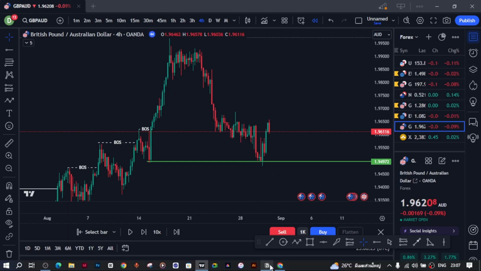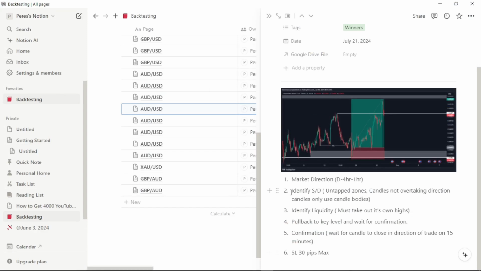Now for that, let me just come over here to read. The second rule says to identify your supply and demand levels. Now here are the rules. Your supply or demand level shouldn't be tapped. That simply means that after the first two bullish candles that came after the red one, because the red candle is what we are going to use to identify our demand level,